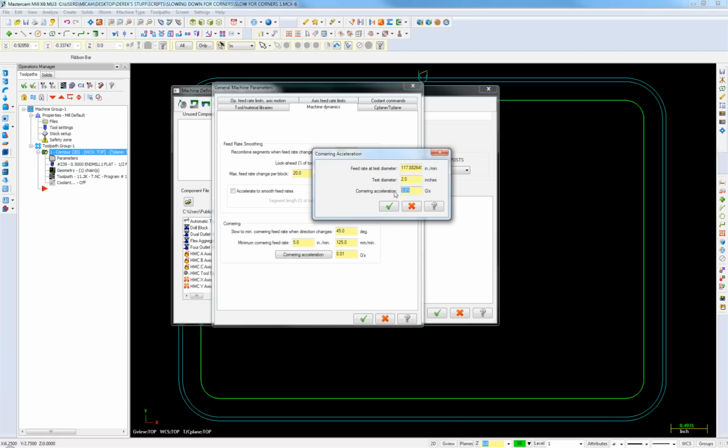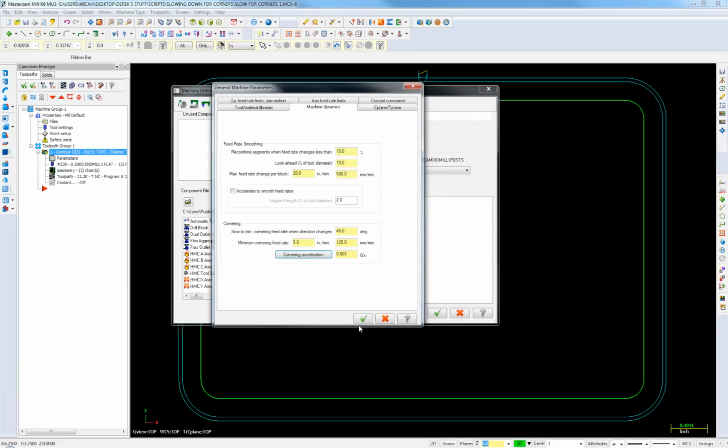If we enter 3 thousandths in the cornering acceleration box and enter 0.5 in the test diameter box, and this never quite works right for me, and then click in the feed rate at test diameter, then we get a feed rate of just over 32 inches a minute. We can use this value with the change at point method, or we can apply it to the whole toolpath using ArcAdjust. Click OK to exit,